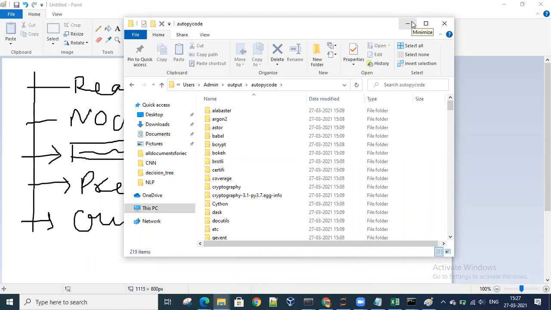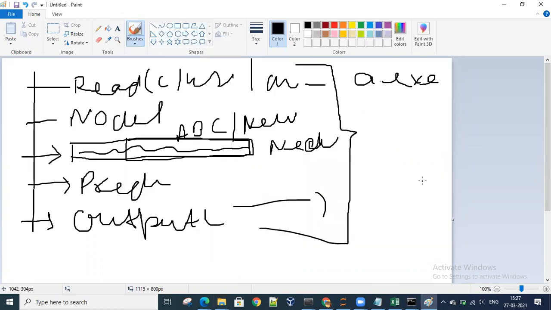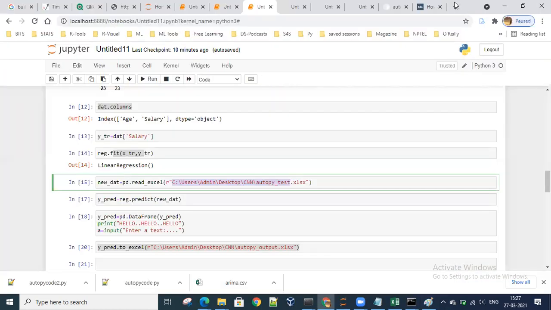In this ARIMA only, can you once show how to plot this forecasting? We have predicted the next 15 forecast values. How do we plot that, so that the previous values and the next values are in different colors? Okay, I'll show you. That is basically a very simple code that is available.